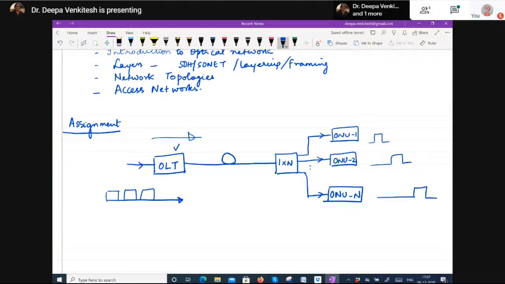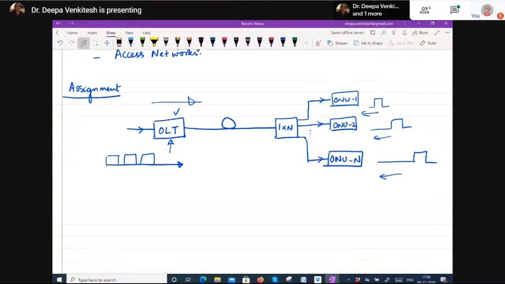So the downstream is fairly straightforward. You are in a kind of a multicasting mode where all this data is available to all the ONUs. Each ONU knows the timing at which it has to look for its own information that is meant for that specific ONU. Whereas in the upstream, these ONUs will keep sending this information at random times. There is some intelligence, some timing architecture that needs to be built in the OLT box, which identifies the frames that are coming from specific ONUs and arranges them back in the same frame structure. And that's how communication happens. Now, we have talked about this in the class. Now, the question here is,